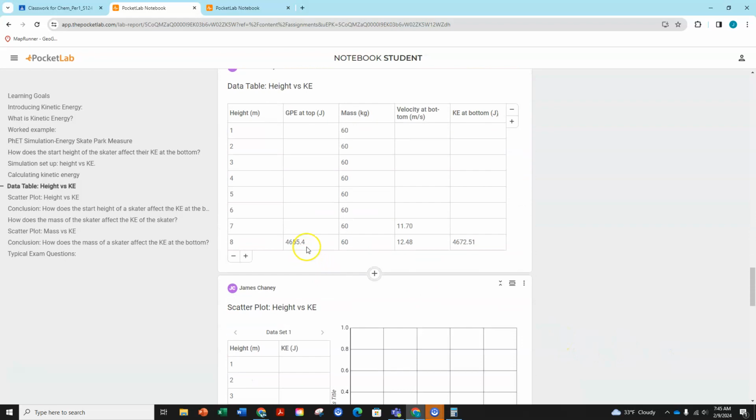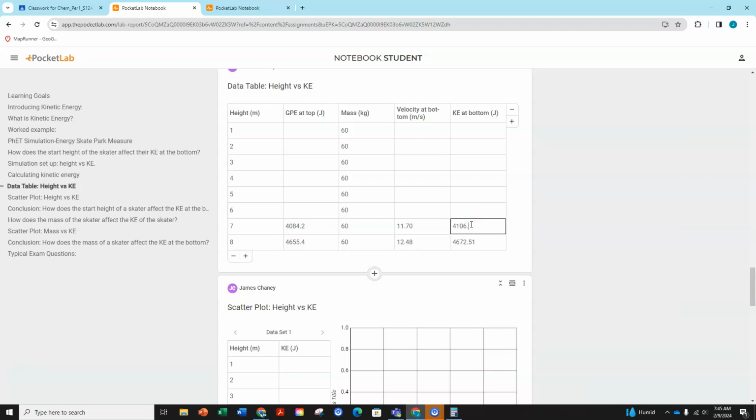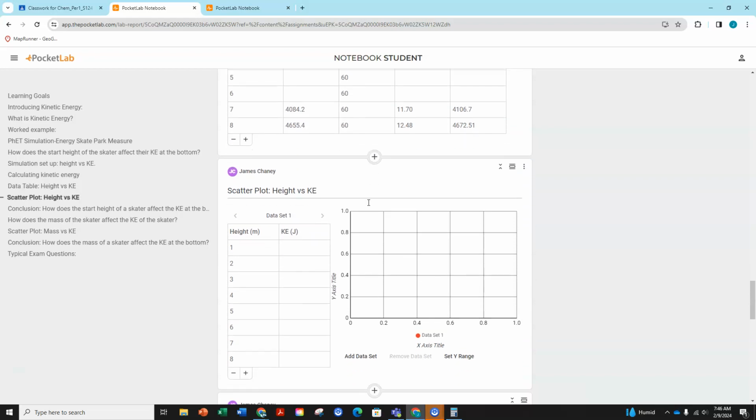4084.2. And then I'll calculate this out. So we'll get our calculator up, and we are going 11.70 squared times our 60 kilograms, and we are going to multiply it by 0.5, and we are going to get 4106.7. And so now we're going to do all of those, and part 2 of this video will be